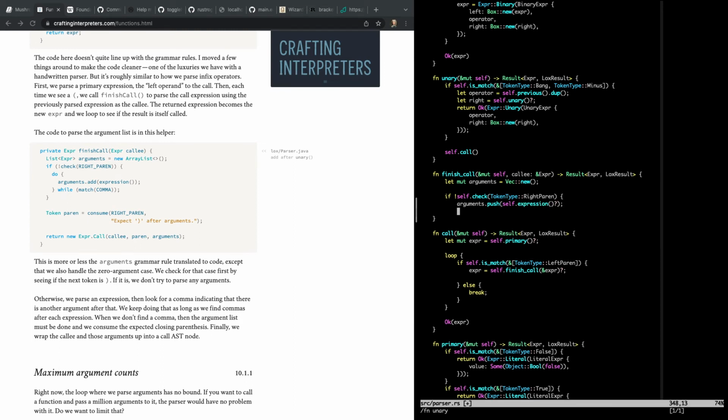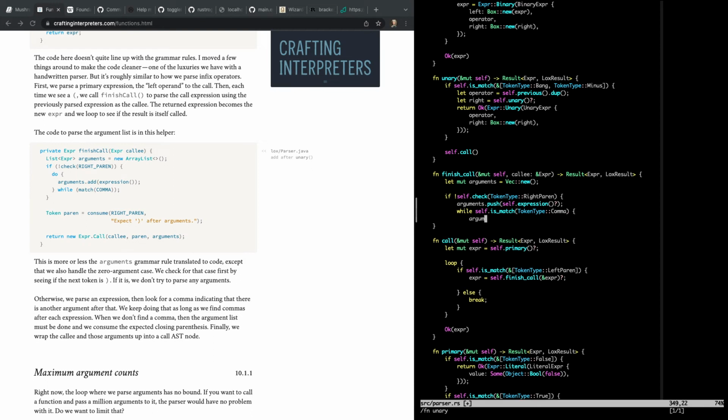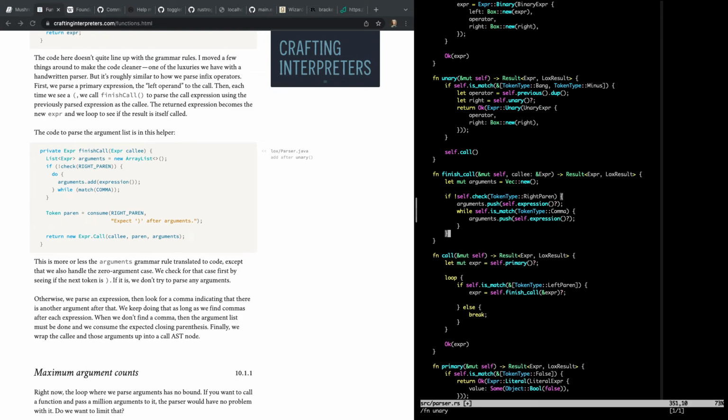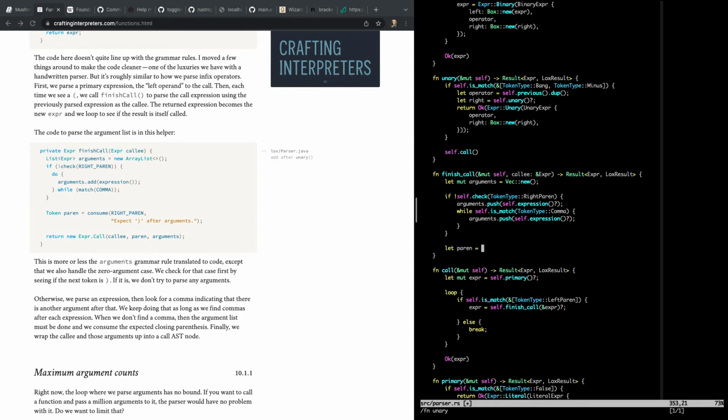Right, and then we'll say while self is match token type comma, arguments push self expression. So we just have to duplicate that code in order to simulate the do while loop. Then we say let paren, self consume